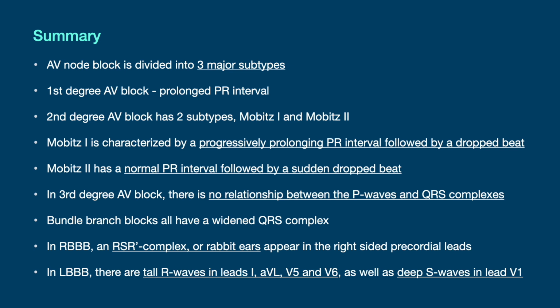In third degree AV block, there is no relationship between the P waves and the QRS complexes, a phenomenon known as AV dissociation. Bundle branch blocks all have widened QRS complex. In RBBB, an RSR complex or rabbit ears appear in the right-sided precordial leads. In LBBB, there are tall R waves in leads 1, aVL, V5 and V6, as well as deep S waves in lead